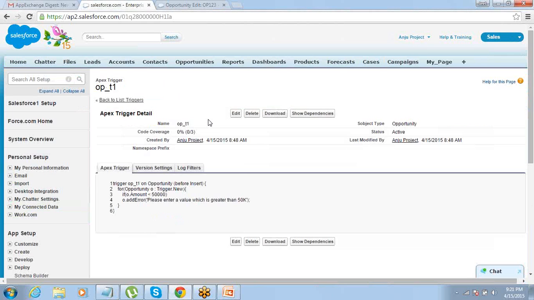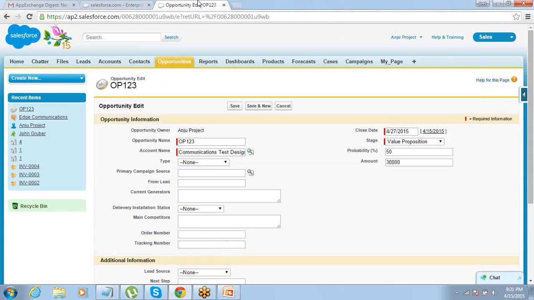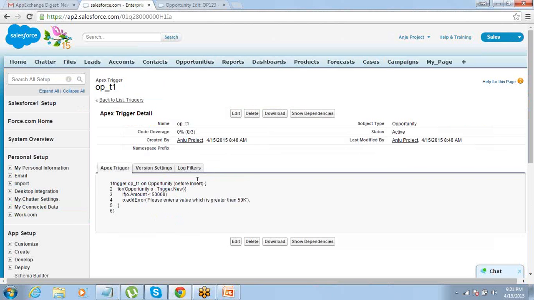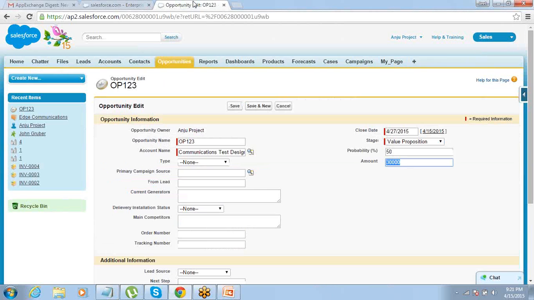Yeah, it will be an update. My trigger is only on before insert, right? So it checks the record only when a new record is inserted, meaning a new record being created. Now this is not a new record anymore. This is an existing record, which means an update operation is taking place here. I have not defined my trigger to work on an update operation. So ideally this should get saved.